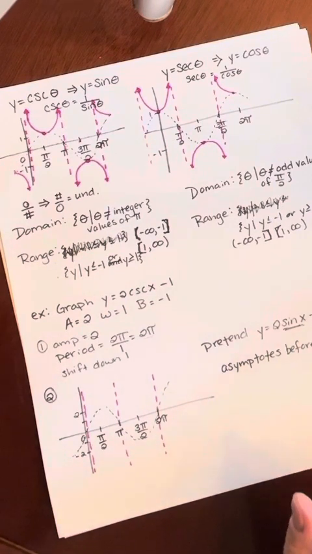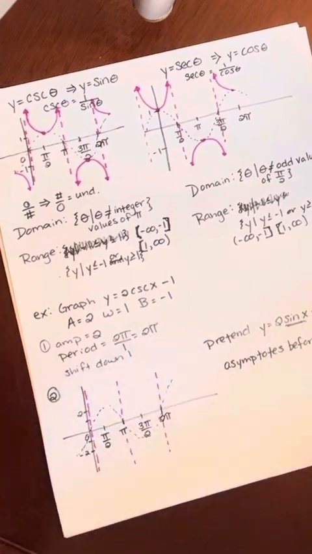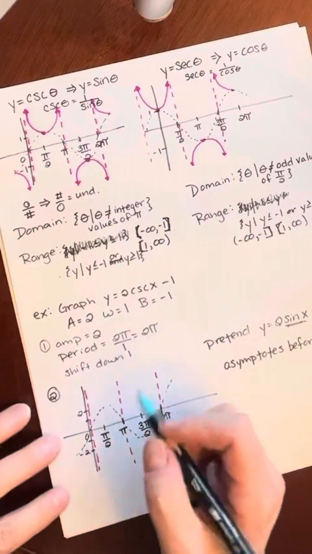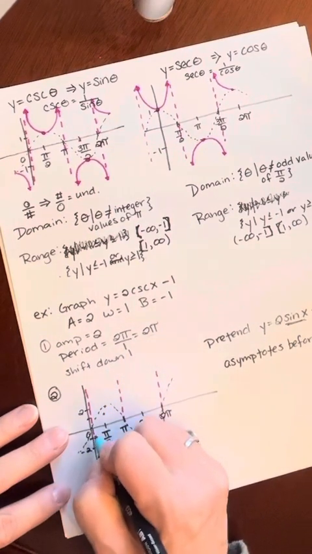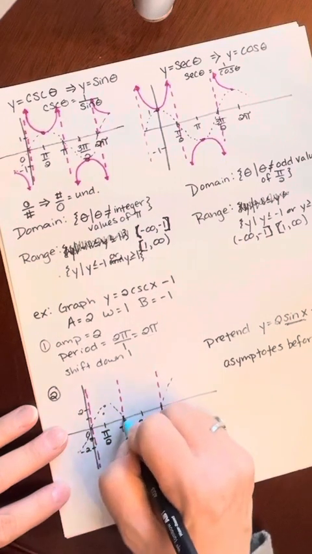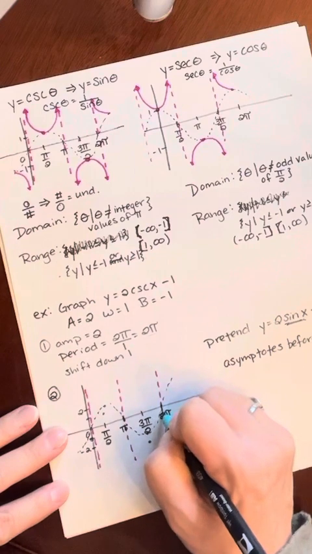Okay, and then we can shift it by, what are we shifting? Down 1. So let's go ahead and shift down 1. So this max goes down here. This 0 goes down 1. This 0 goes down 1. The min goes down 1. The 0 goes down